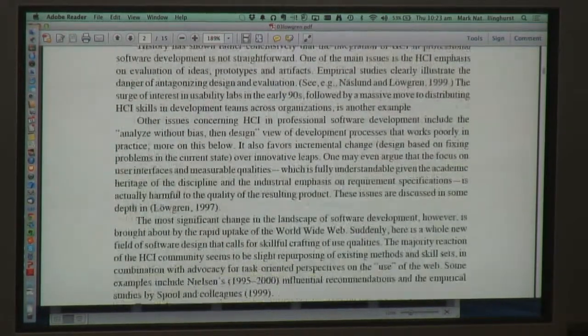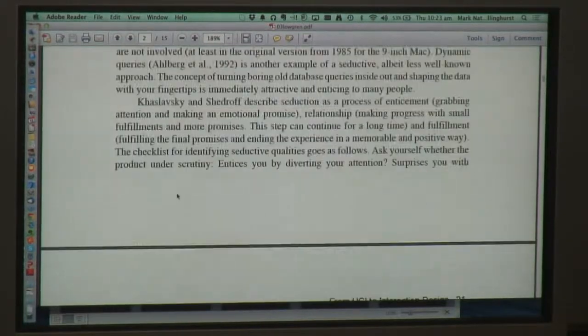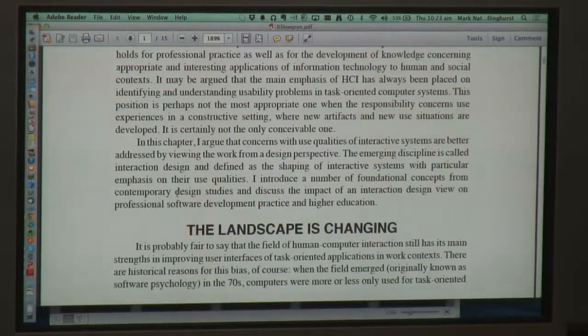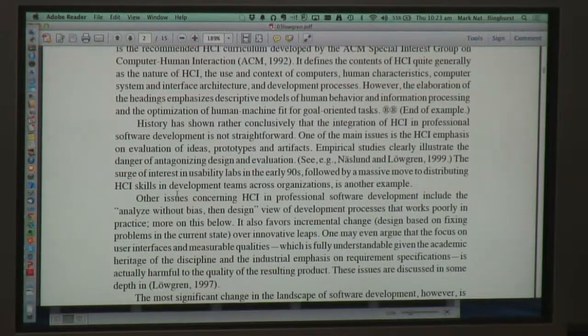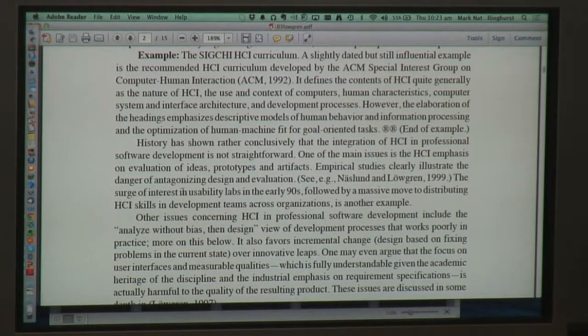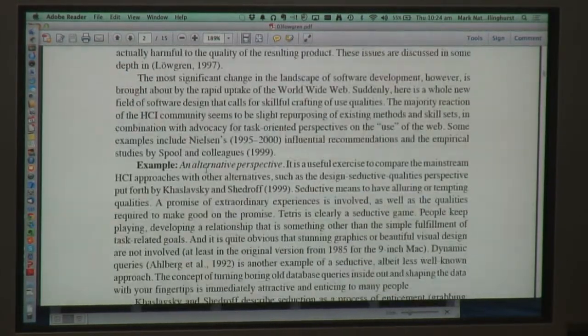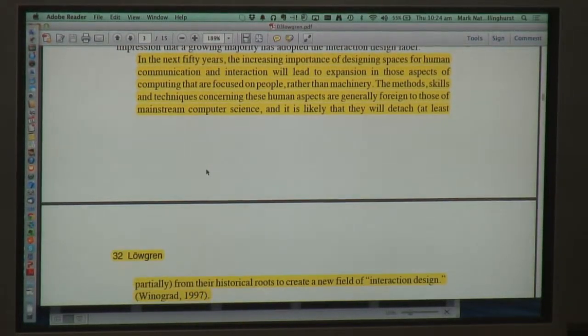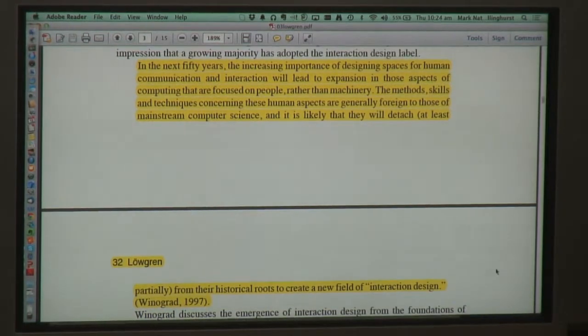In fact, I highlighted this quote down here. So the beginning part of the paper goes through a kind of history of the evolution of human-computer interaction. It starts talking about the Association for Computing Machinery, ACM, which in the early 90s put out a curriculum for human-computer interaction and said this is what people should study. But that's evolved over time. And there's this really good quote from Terry Winograd, a very famous computer scientist at Stanford University.